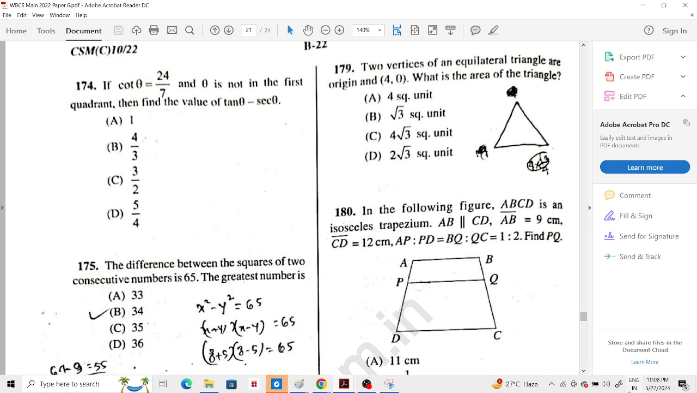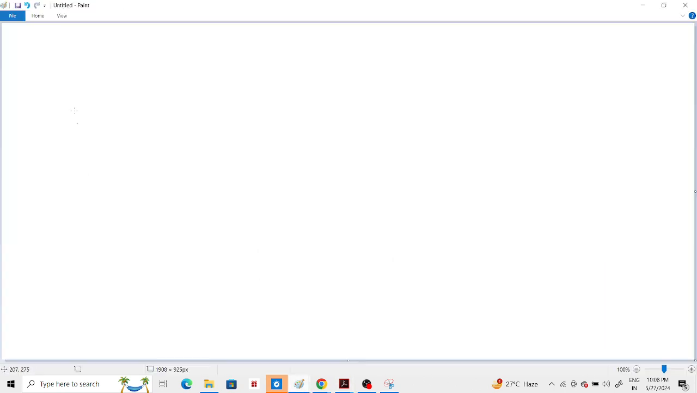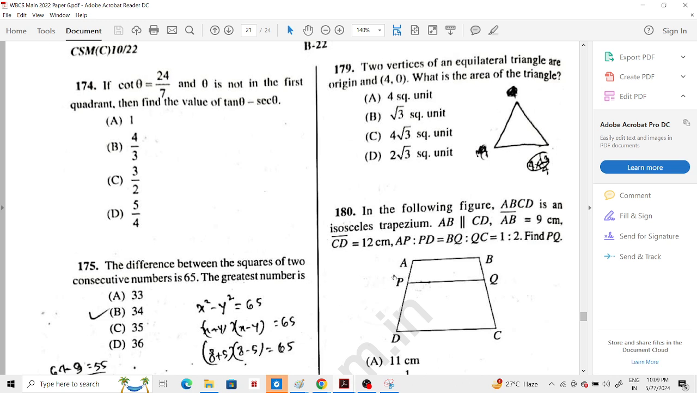So two vertices of an equilateral triangle are origin মানে বুঝলাম না। Two vertices of an equilateral triangle are origin, মানে কোঅর্ডিনেট জিওমেট্রিতে মনে আছে 0,0 থাকতো, আর origin and 4,0। What is the area of the triangle, ঠিক আছে, দেখো।